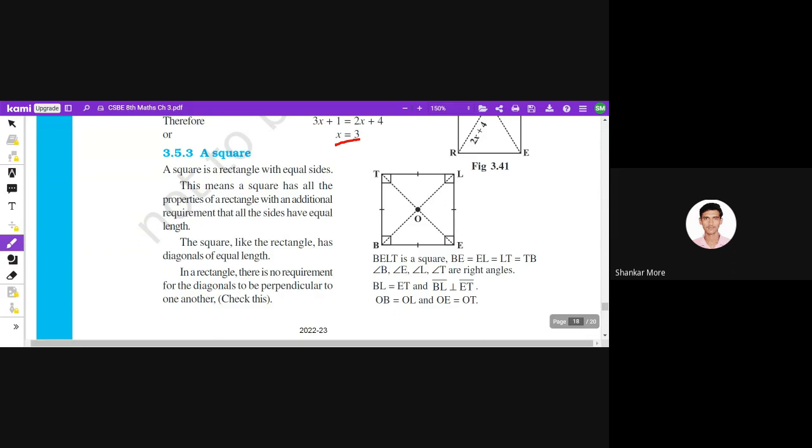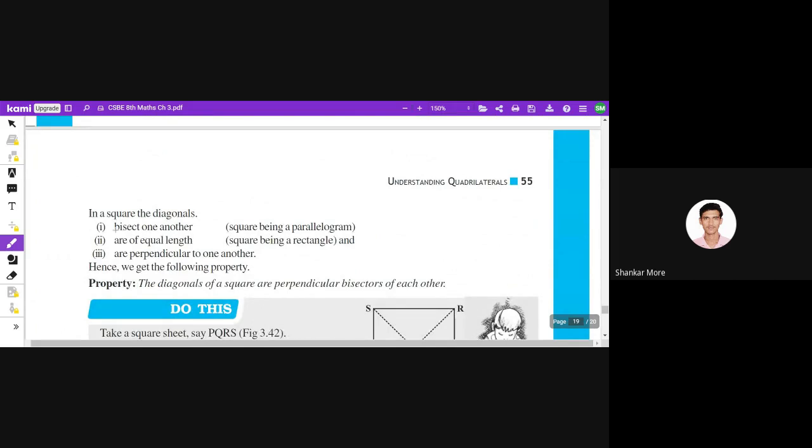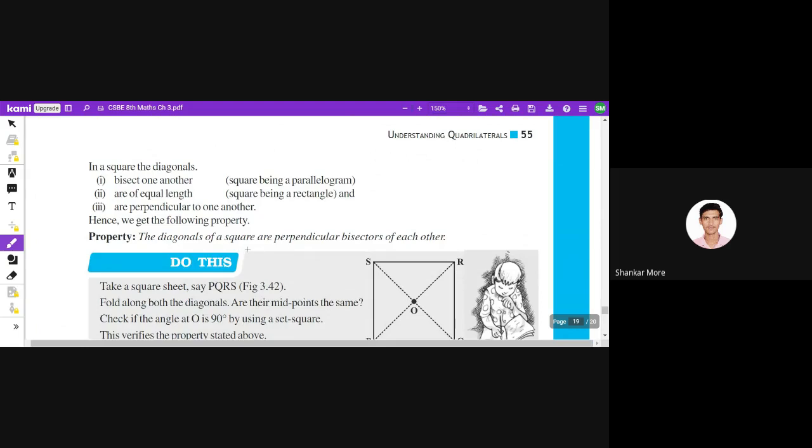In a rectangle, there's no requirement for the diagonals to be perpendicular to one another, but in a square, diagonals bisect one another, are of equal length, and are perpendicular to each other. Hence, we get the following property: the diagonals of a square are perpendicular bisectors of each other. And one more thing is that, so rhombus में और square में अगर हम कुछ difference करना चाहे, so what difference is that? Differences तो वैसे बहुत सारे हैं, like, but when we consider only diagonals,